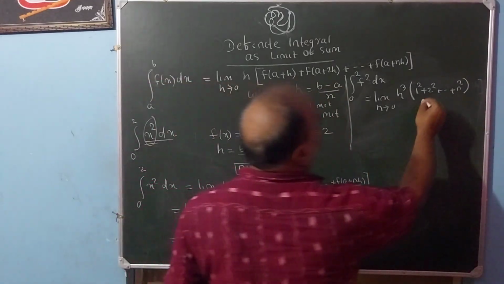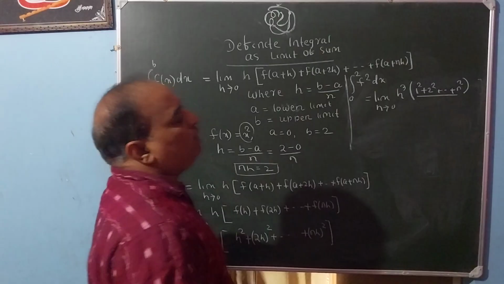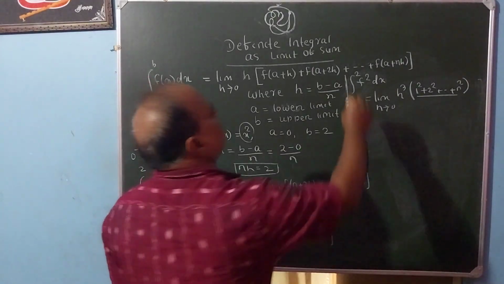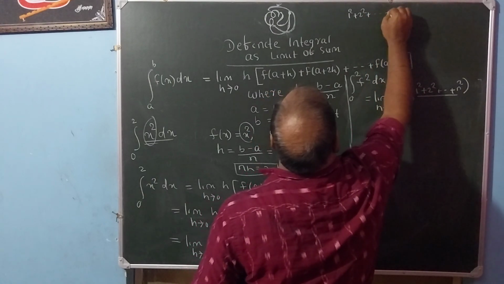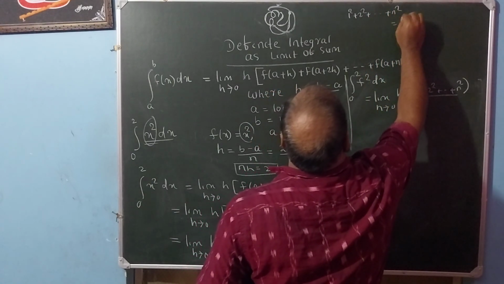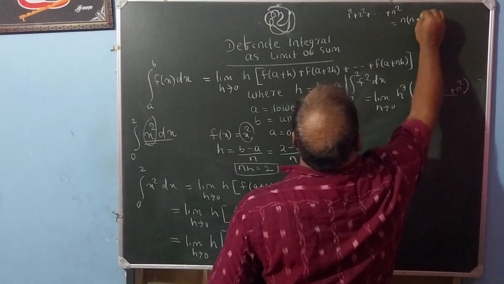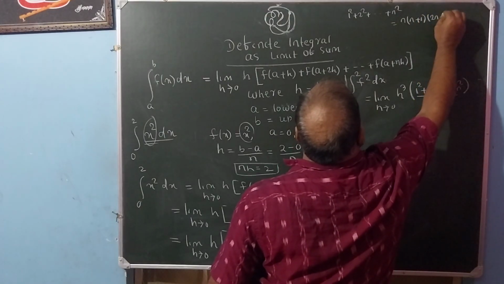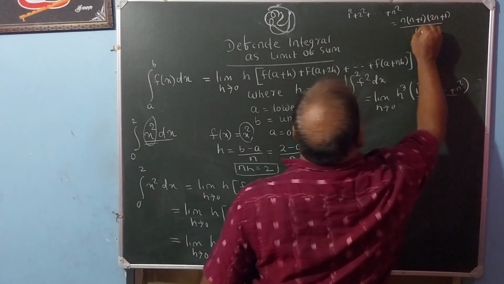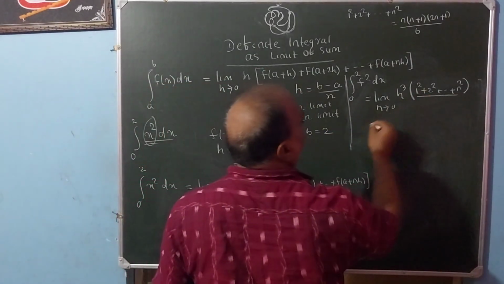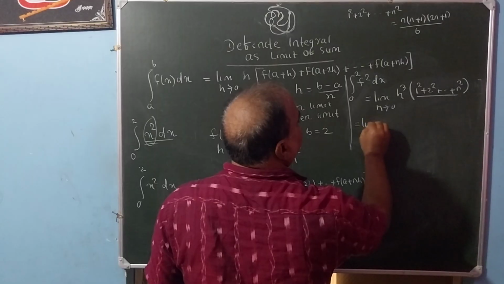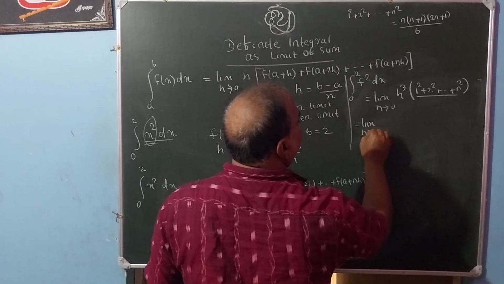We know one formula: 1 square plus 2 square plus 3 square, dot dot dot, n square. The formula is n into n plus 1 into 2n plus 1 by 6. Applying that formula here,